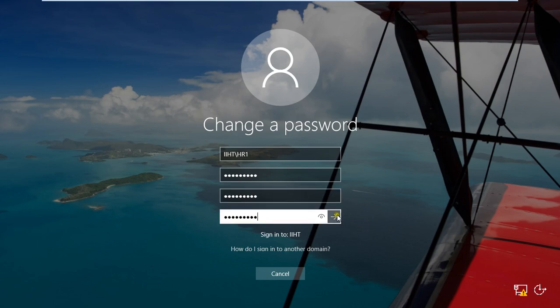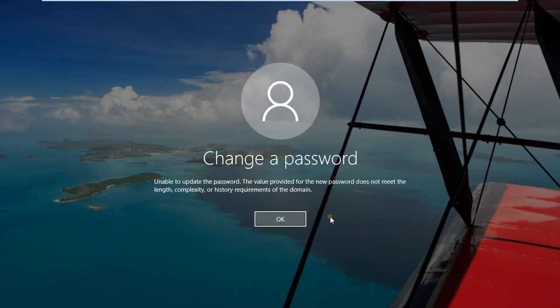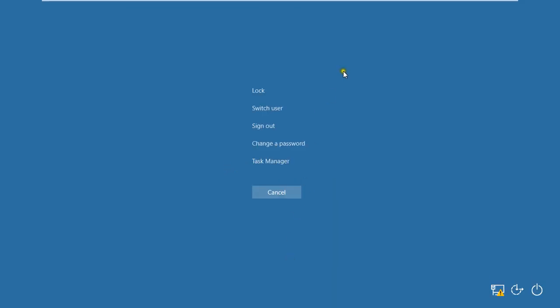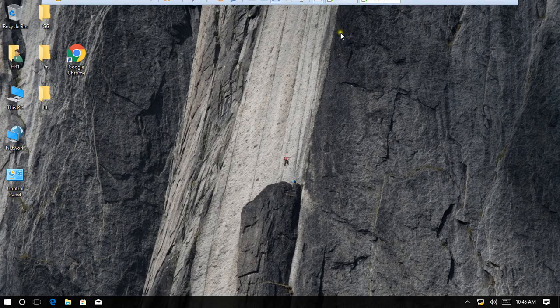He gets a message saying this type of password cannot be used on your computer because it is not matching the password policy of the system.